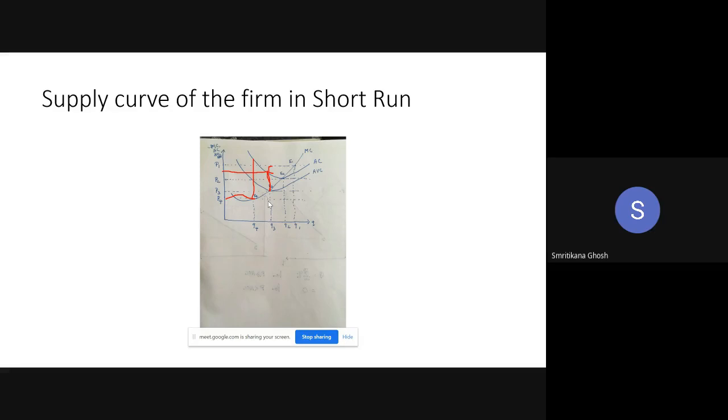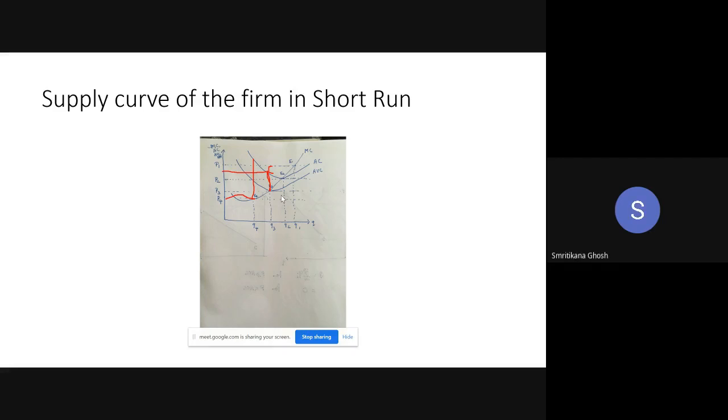Okay. So when the situation is such, Ma'am, yes. What will happen at P3? Any point below P3, the firm will shut down. Yes. At P3, you are indifferent. You should be here because this is just the, what can I say, the king point. Below that, you should stop your production. Above that, even with the loss, you should be in production. So this is the bliss point, I should say.